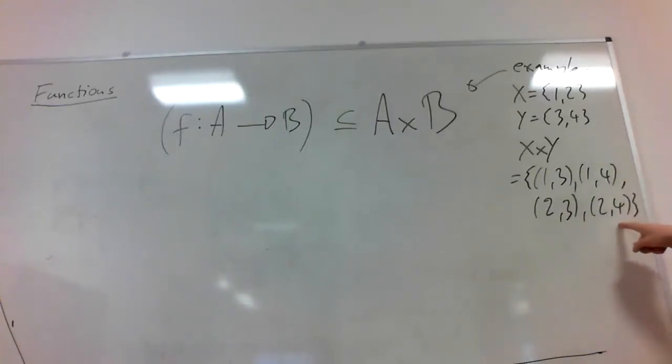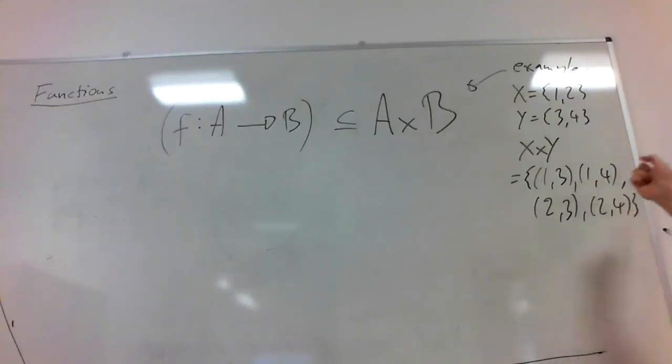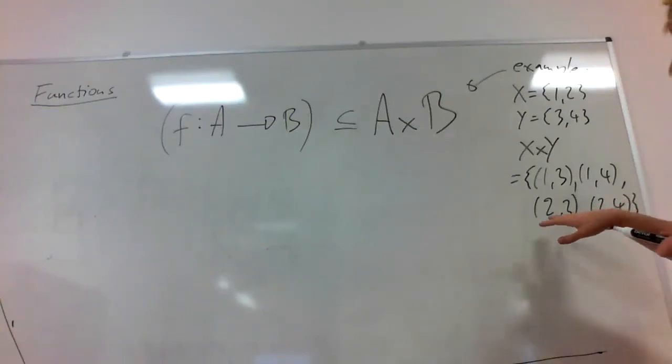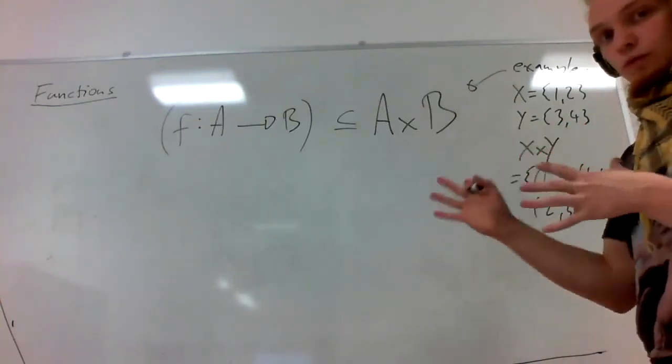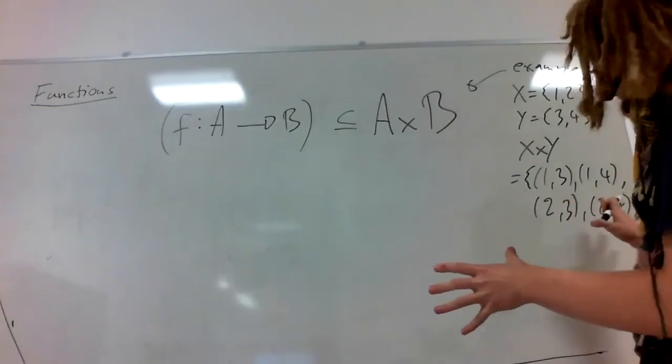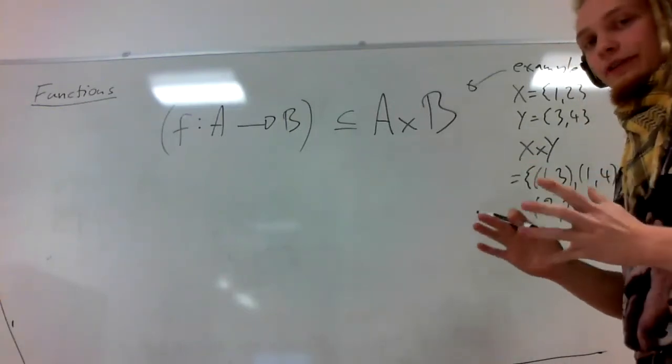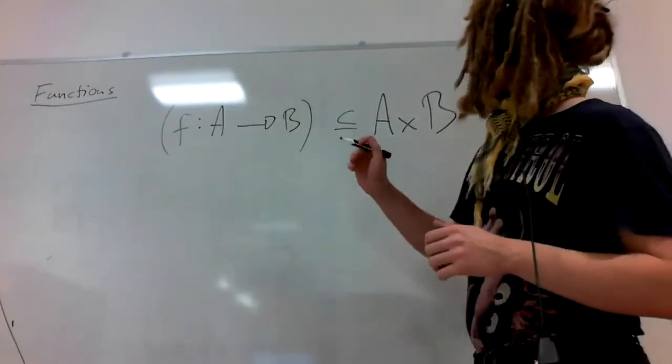And that's the important thing. A function is nothing else than a set of tuples, but a specific set of tuples. An arbitrary set of tuples is just called a relation, where we say which thing gets where, but we want to constrain functions a little more. So we say